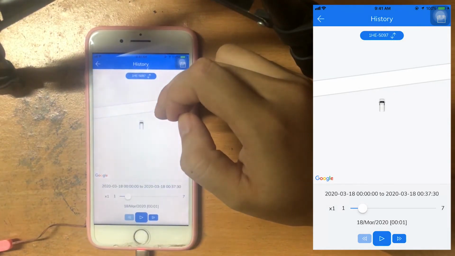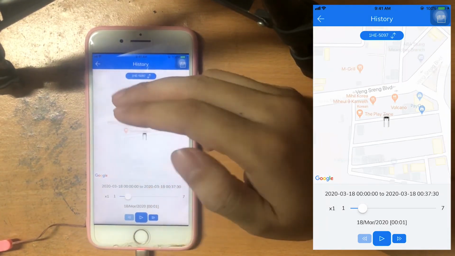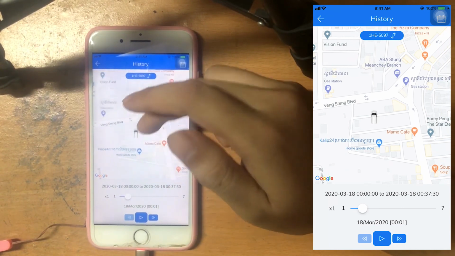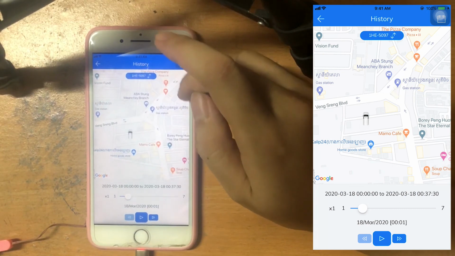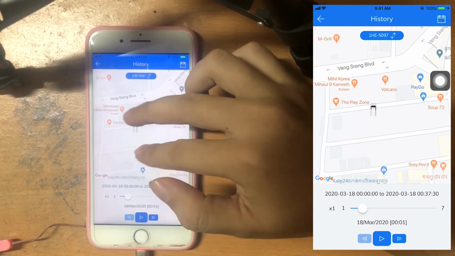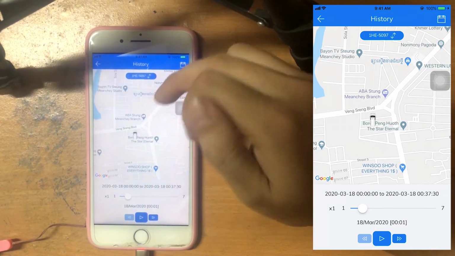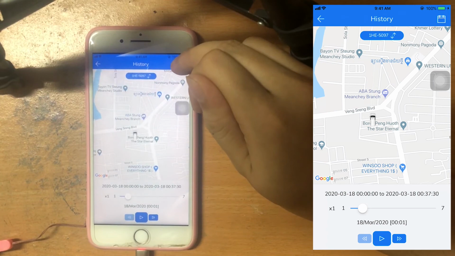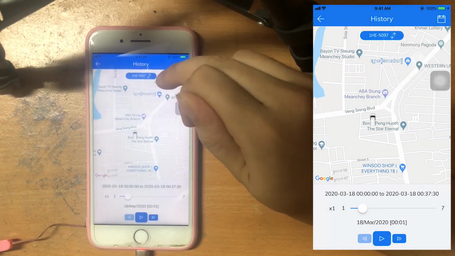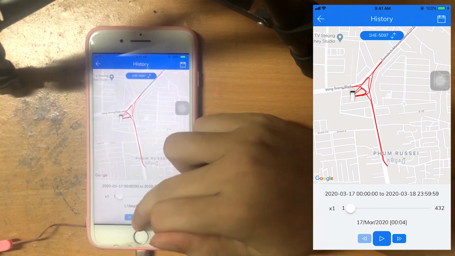History here is the history of your vehicle, where it has gone. For today we don't have any history, so it doesn't show any route. So we can pick on the calendar, choose yesterday, and then you can see the history, and then you can play